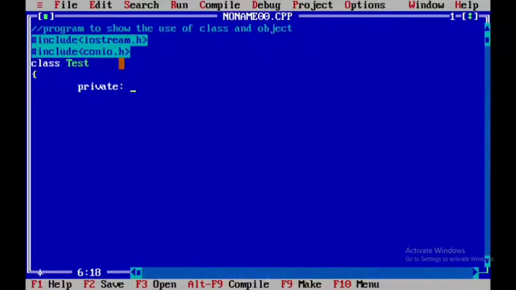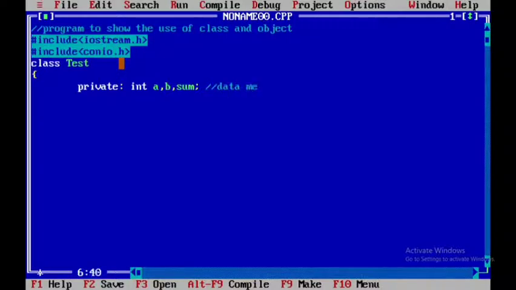Then a colon, and next we have to specify the data type. I am taking two variables called a and b, and another one, sum. These are the data members of the class Test.